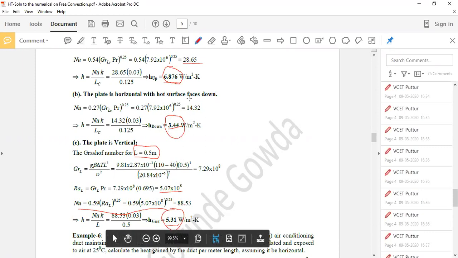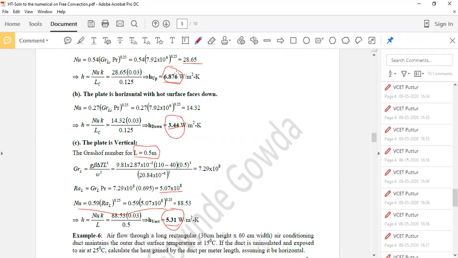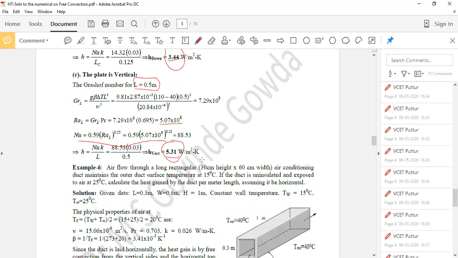So the vertical lies in between the horizontal plate with heated surface facing up and the horizontal plate whose heated surface is facing down. So obviously, you can observe this. The reason I gave in the previous